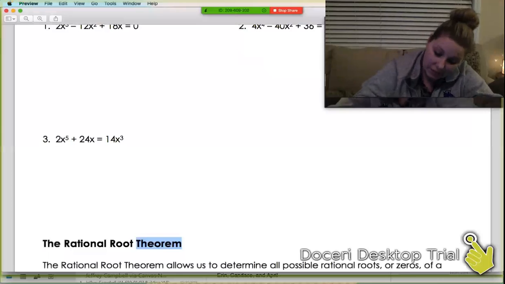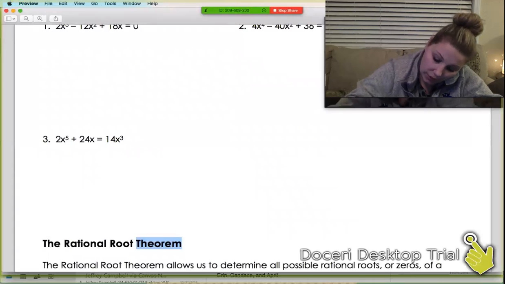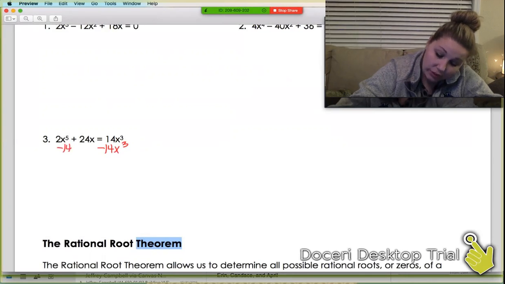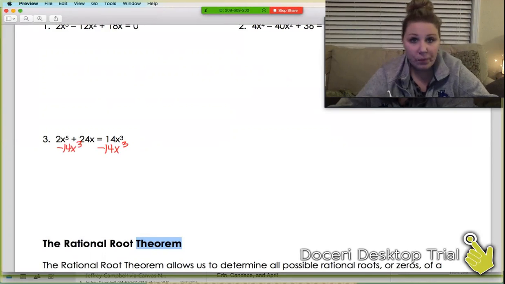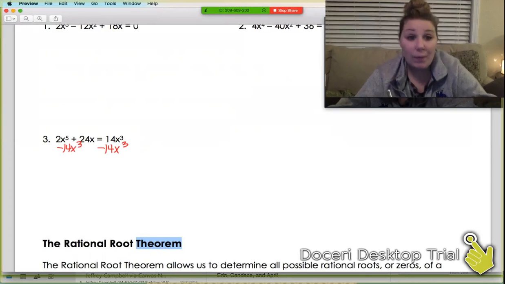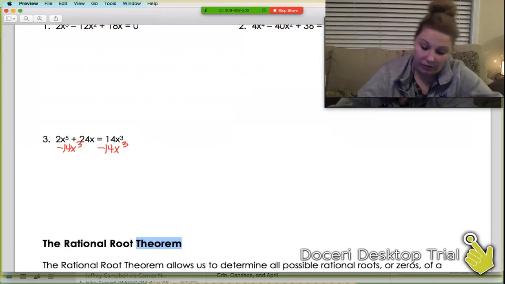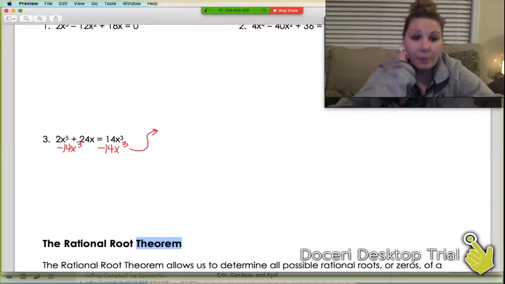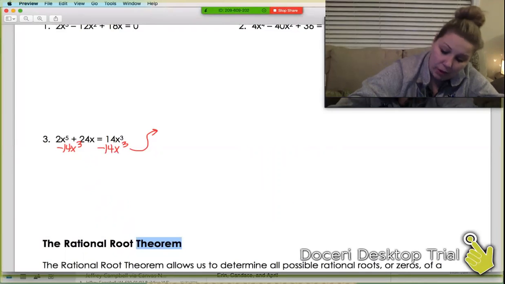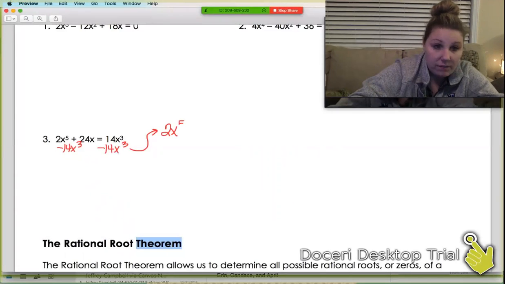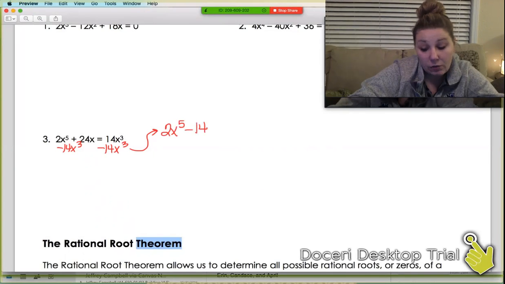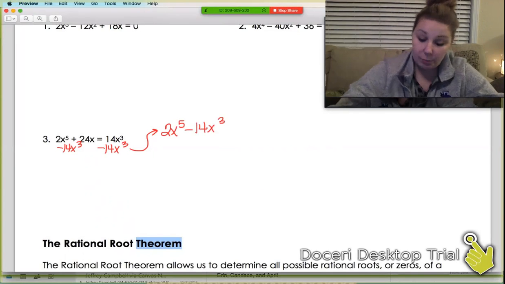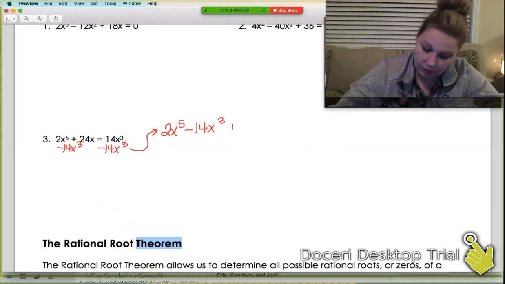So our first step is going to be to subtract 14x to the 3rd. And if I'm really keeping it all in order, that's going to go in the middle between the 5th power and the 1st power. So I'm going to move that over here to give myself a little bit more space. So we will end up with 2x to the 5th minus 14x to the 3rd plus, is that a plus? Yeah, plus 24x